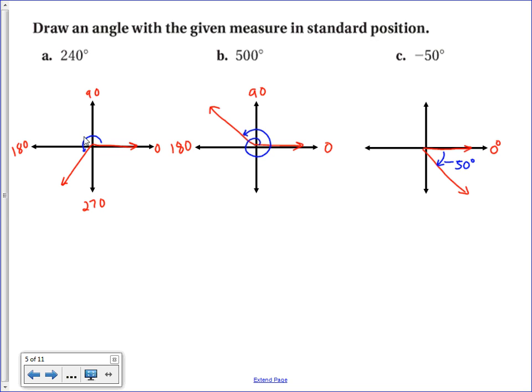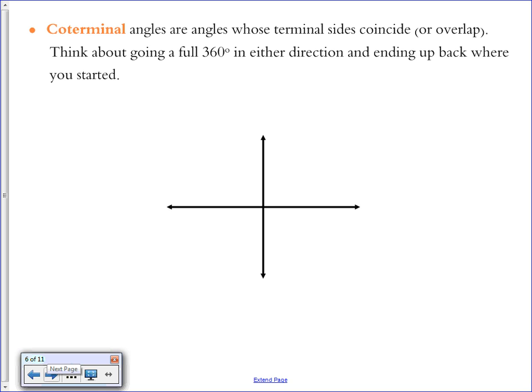Now, a negative 50-degree angle, just so you're thinking about it correctly, is going to look the same as a positive angle that started from 0 and went all the way around to get to the same place. In this case, a negative 50-degree angle is the same as a positive 310-degree angle, because it would end up in the same place. The terminal side would be in the same place. When you have two angles whose terminal sides end up in the same place, we call those coterminal angles. So coterminal angles are angles whose terminal sides